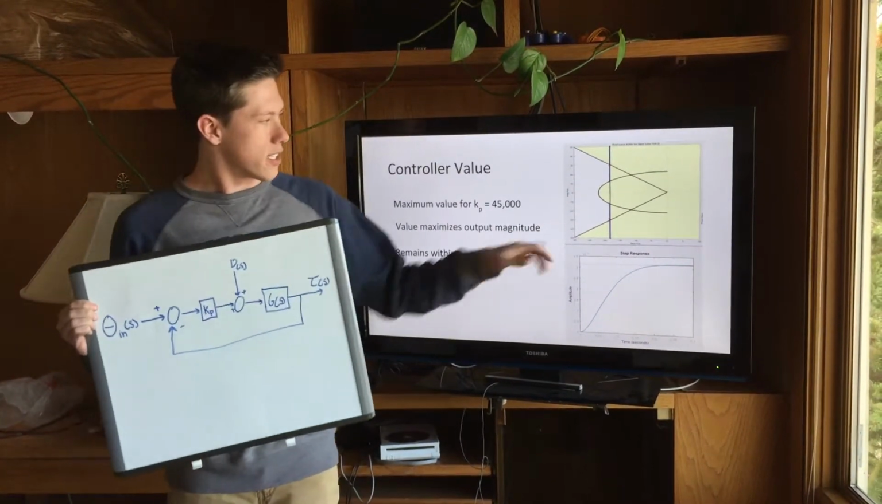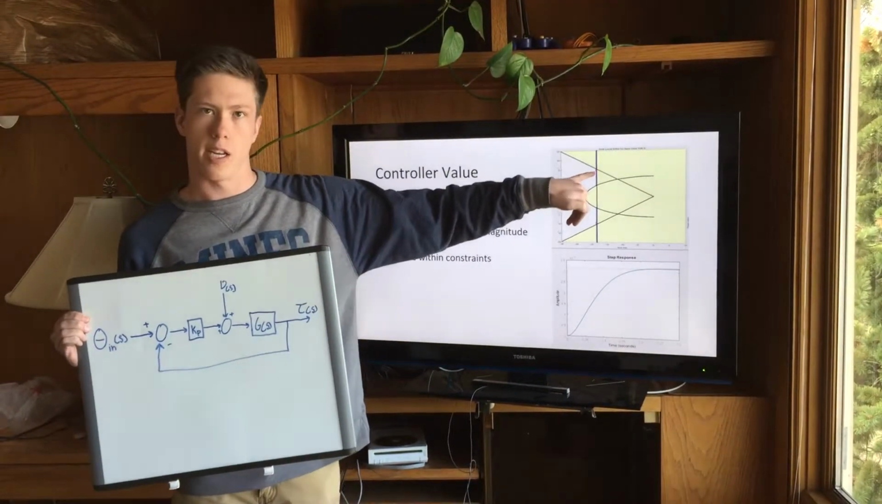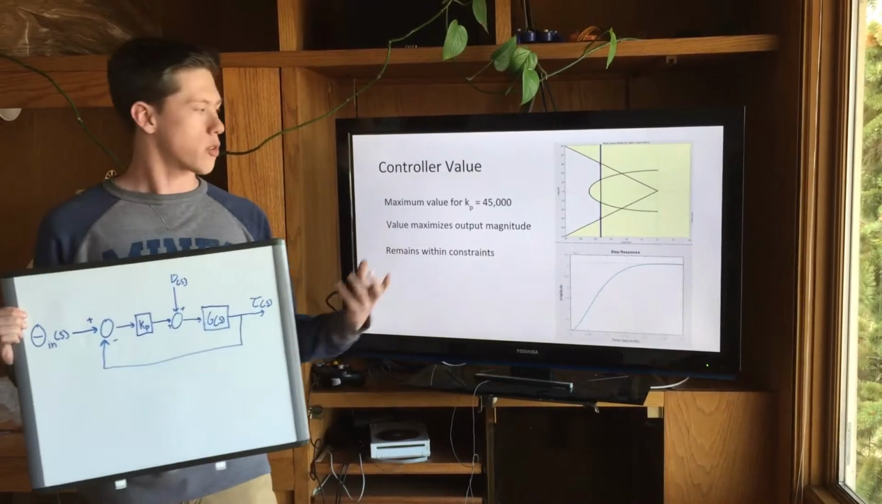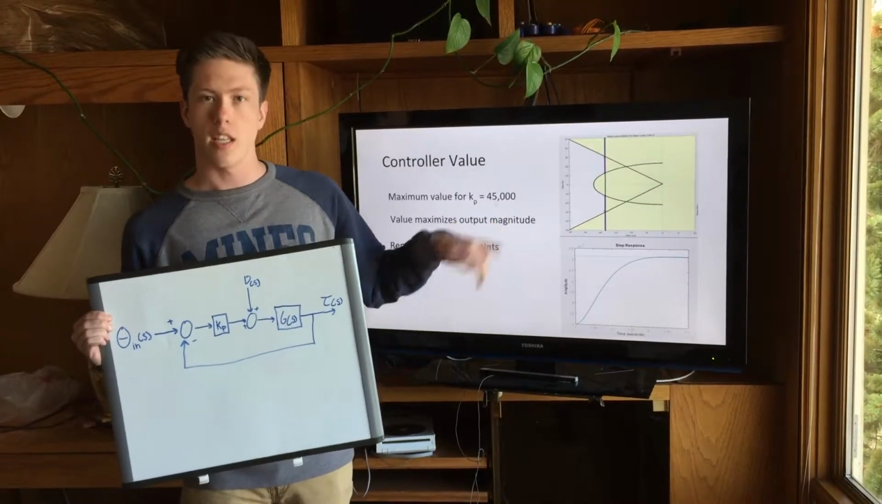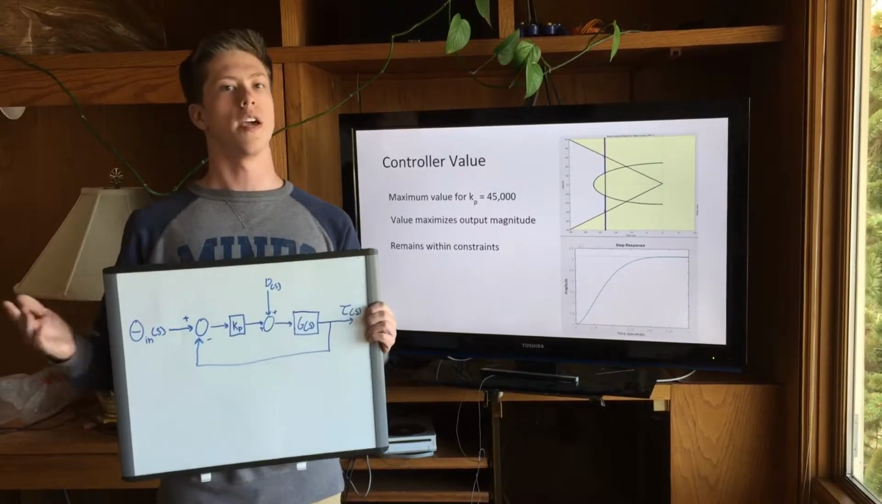But on the root locus, as you can see here, we can move our poles up to about this corner right here. That's where our settling time requirement meets our percent overshoot requirement. And according to our math, that ends up at a controller value of about 45,000. Now we'll talk about this more in the conclusion later, but that controller value is way better than the one